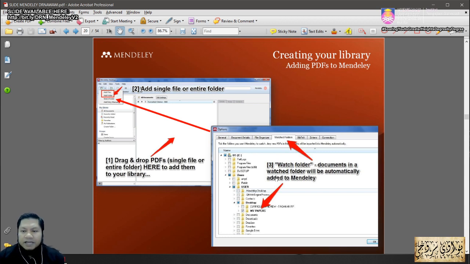Now we focus on the PDF, how to add a PDF to Mendeley. There are three ways to add a file. The first one will be drag and drop. You just simply drag your PDF and release it in the center here, and then it's already in your Mendeley. The second one is add single file or entire folder. You can browse by using add files, add folders, and then you can add everything in the folder or a single file. And finally, you can also have one specific folder created